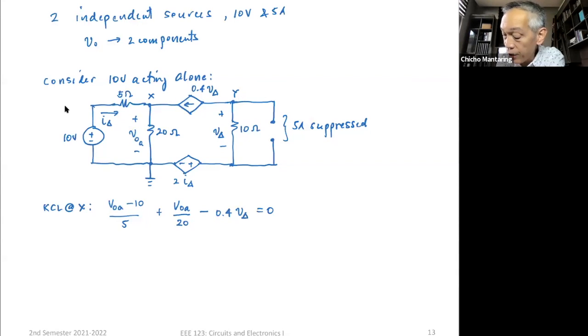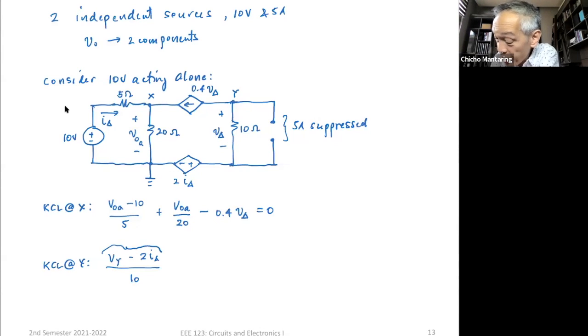So here, we also do KCL, KCL at Y. Our KCL at Y, you have VY. Let's say VY is the node voltage here with respect to this point. VY minus, what is the voltage here? The voltage here is minus 2 I delta. So minus 2 I delta, all over 10. That is the current going down here. The current that goes down here is VY minus this voltage, 2 I delta, divided by 10. Which by the way,